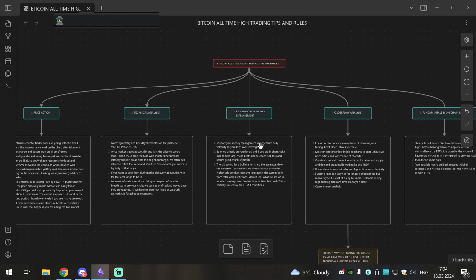I hope these rules will help you to be really profitable in these trading conditions, and please respect them and go over everything I said yourself, so you can really trust it.